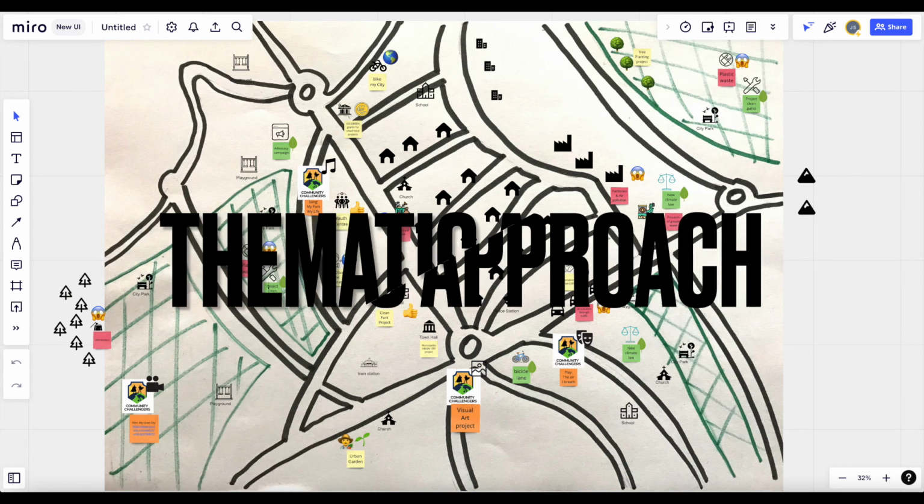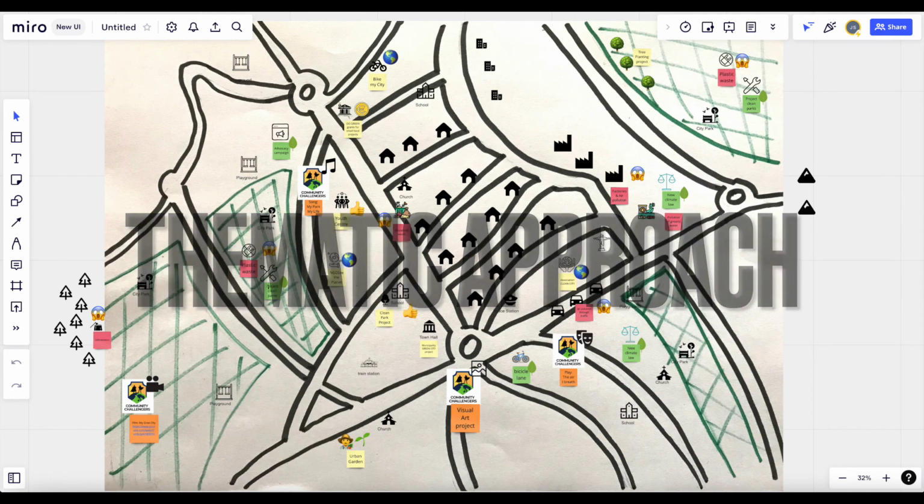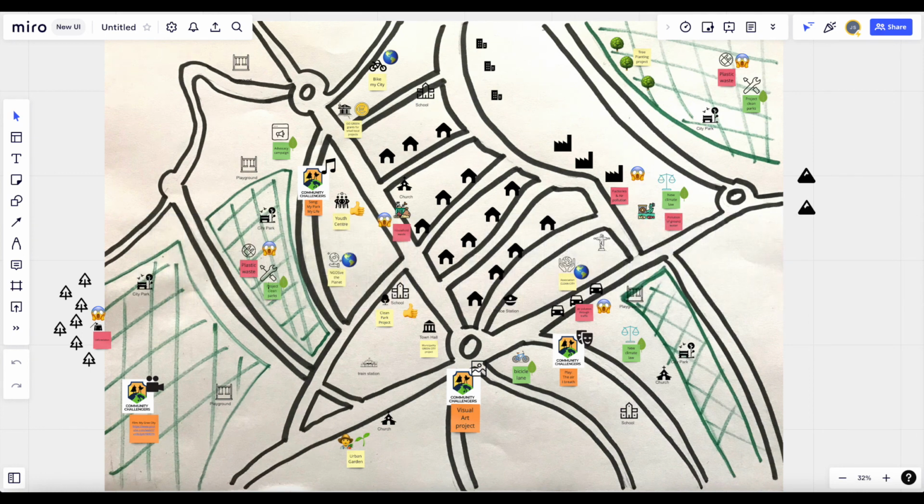Since we are talking about a community map, we will, through this exercise, feature a certain geographical area. So this could be your city or part of your city, your village, or a geographical space, basically. This is the base, but at the same time, when we talk about the environment and climate issues,